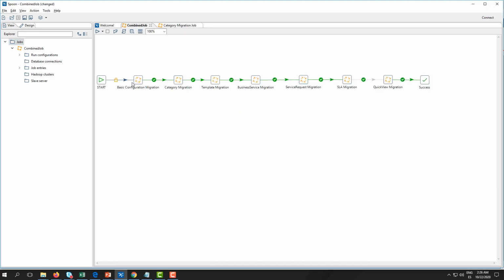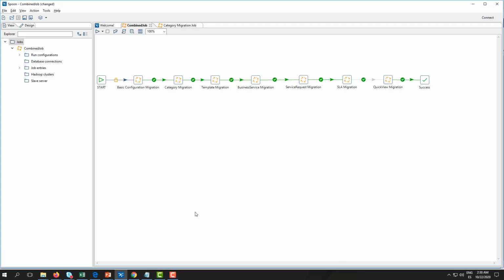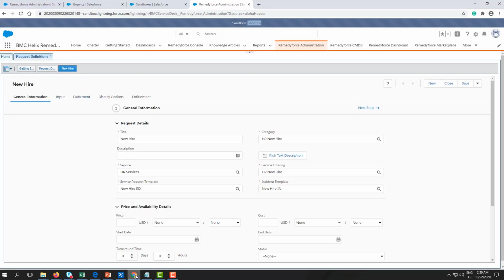Okay, and now we need to check the same process for each piece of the job. The same thing for template migration, the same thing for business service migration, request migration, and you need to check that everything is working as it is. So here I uncheck this connection because I won't migrate QuickViews yet. Probably I can give you another webinar on how you can migrate QuickViews, but in this case I don't want you to do that yet, so let me check that connection. So going back to the sandbox org,